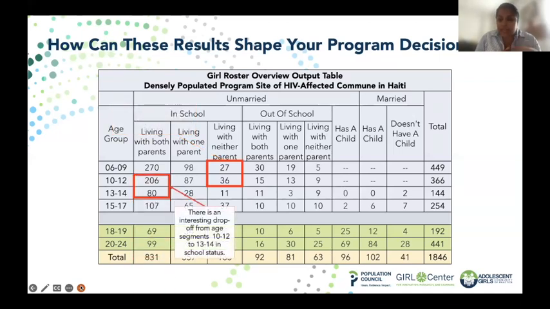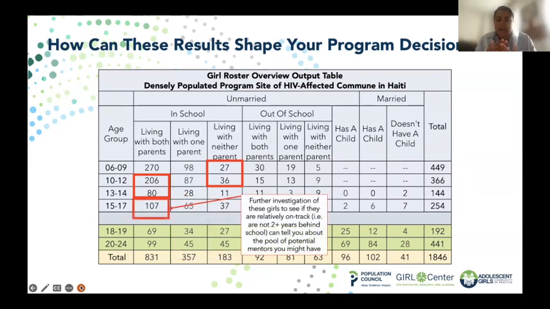There's also really interesting dropout here, right? From the ages of 10 to 12 to 13 to 14 in school status. It goes from 206 girls to 80. Suddenly, it should be about the same, right? If there's girls 10 to 12 attending who are 206 girls, it should be around the same number at 13 to 14. Now, this could be a reporting issue, or it could be an issue with dropout happening between those two ages, which makes sense when we think about puberty and what goes on in the ages of 10 to 14, that as they are transitioning through major life changes, they might be leaving school. So this would be an interesting population maybe to look at.